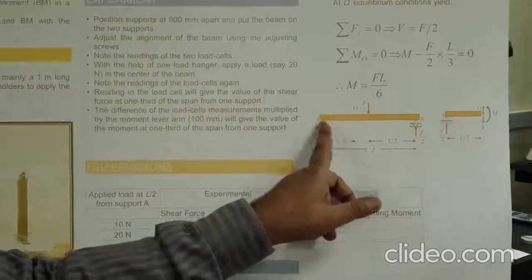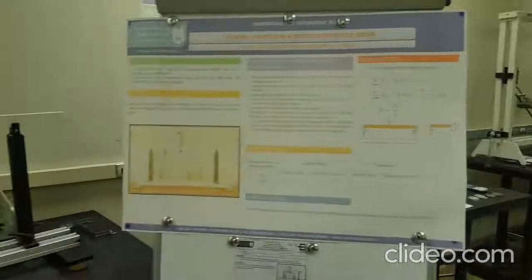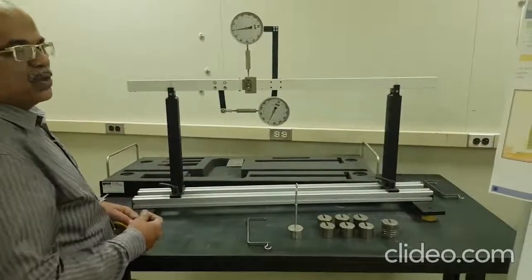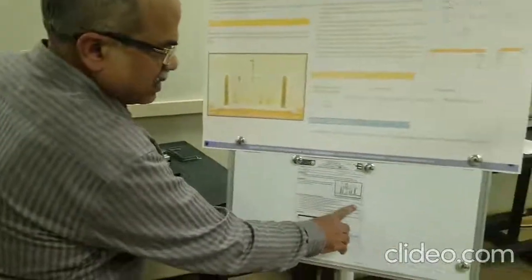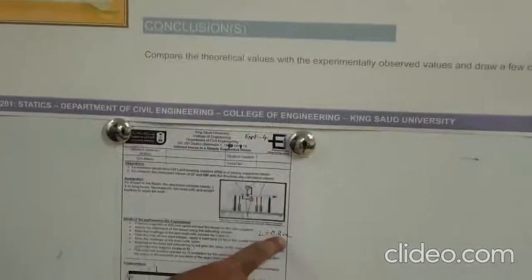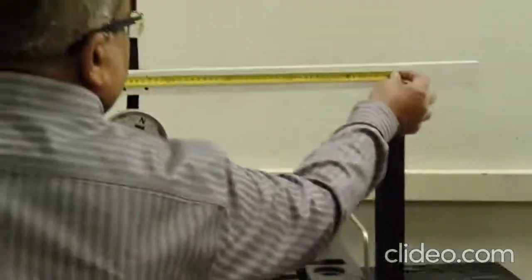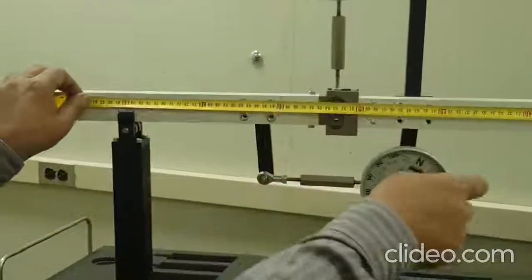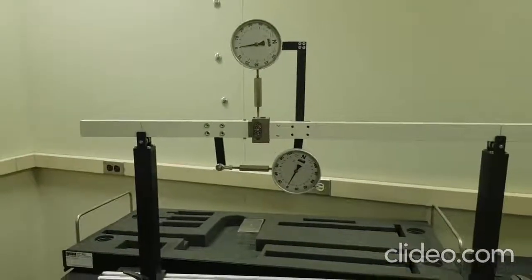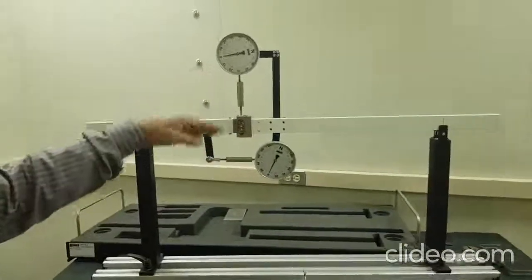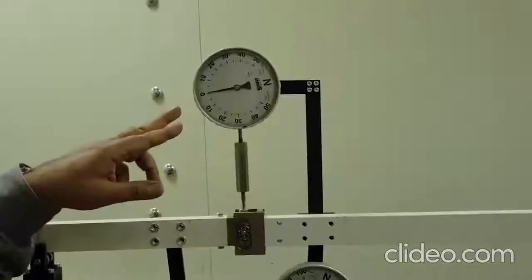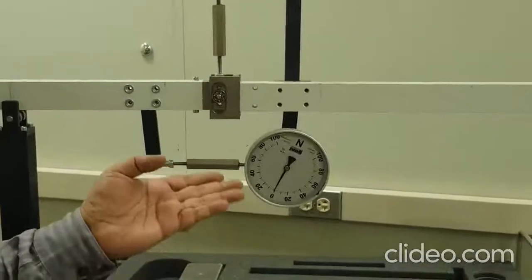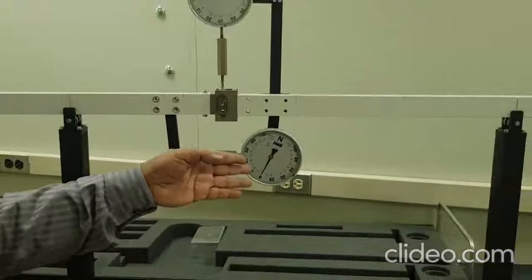of the distance. Okay, now what I have here in our experiment setup, I have a simply supported beam of length 0.8 meters. So you have to write, guys, that the length equals, write anywhere on the sheet, L equals 0.8 meters. So this is our length, this is 80 centimeters, any 0.8 meters. Okay, and then in this setup of the beam, I have two dynamometers. The top one will give me the shear force directly on the dial gauge, and the bottom one is going to give me the bending moment directly on the dial gauge.